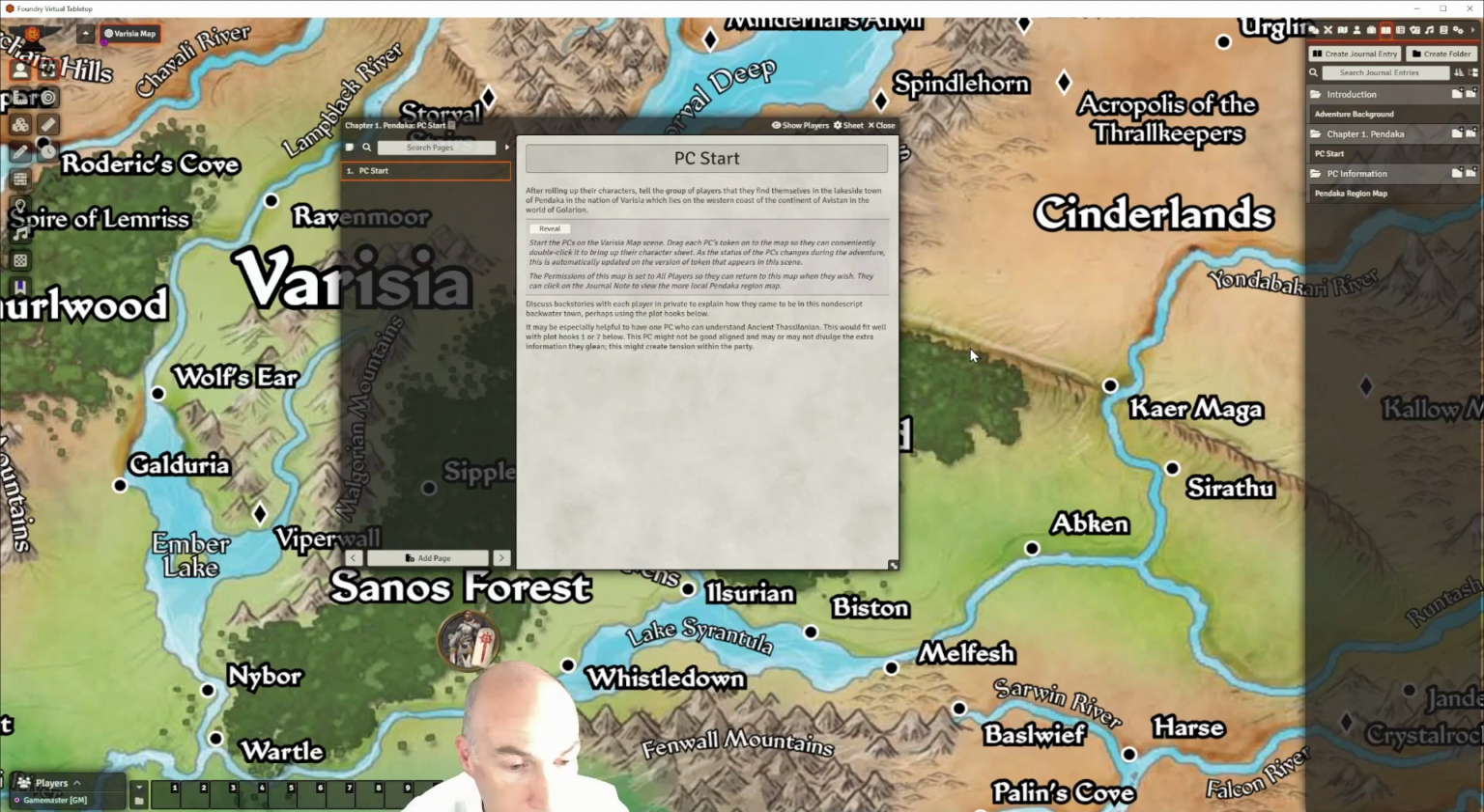Then once the players know where they are and they've rolled up their characters, they've probably done backgrounds, but it may be nice to have a backstory more than just a background. You may be a bit flexible. This is almost analogous to those adventure paths where there's a player's guide where they might get unique backgrounds to be suitable for when they're in a certain campaign. So I think it's nice to do this and to discuss backstories with each player in private to explain how they came to be in this nondescript backwater town of Pendaka, as we've shown,